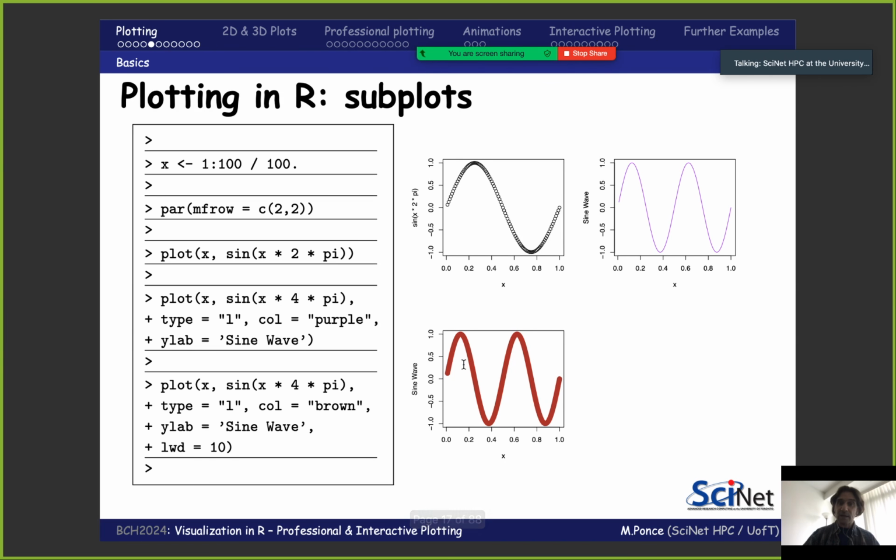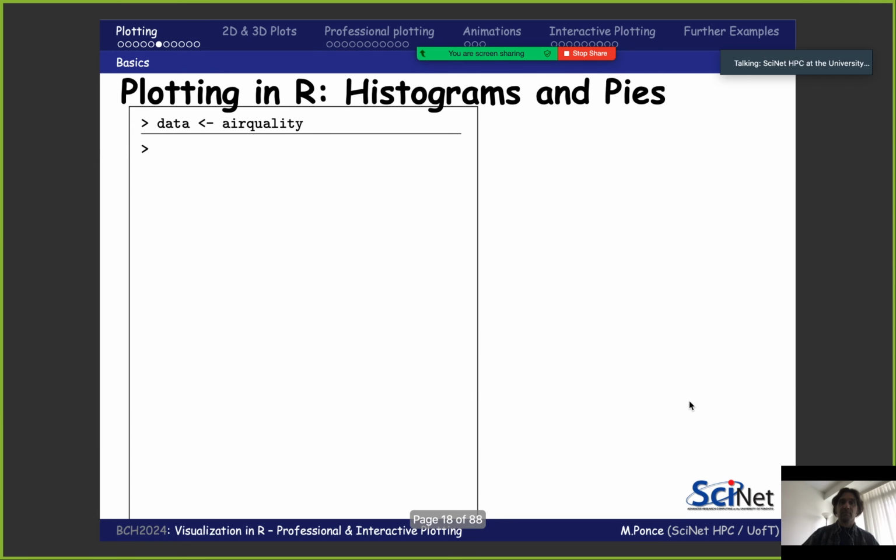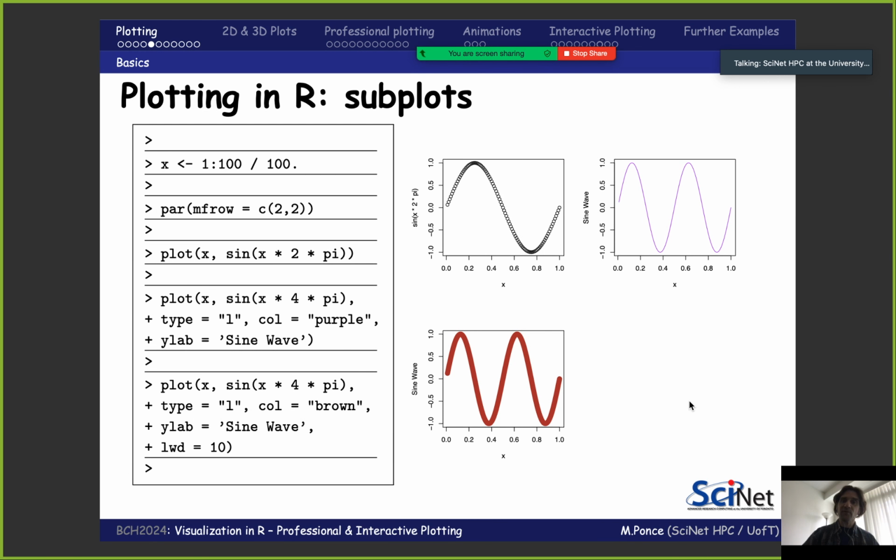If I do a next one, again another sinusoidal function with different parameters, different colors, different title, it goes to the next one. So it starts in the upper left corner, moves to the right, then to the bottom, and then to the right again. And of course I could add a line command here, and then it will add that line to this plot on the bottom left corner. So that's the way to create subplots.